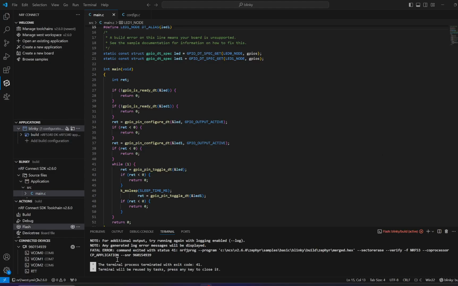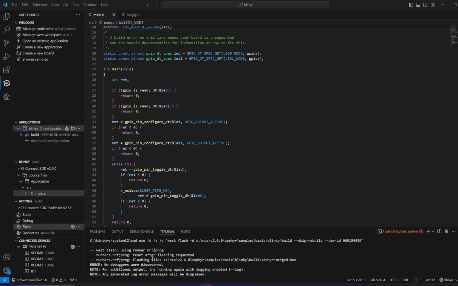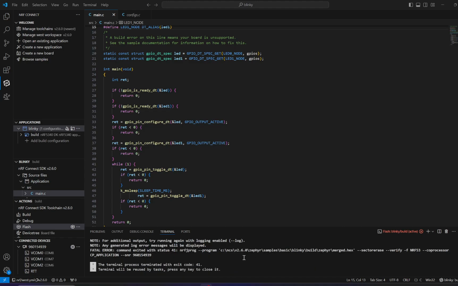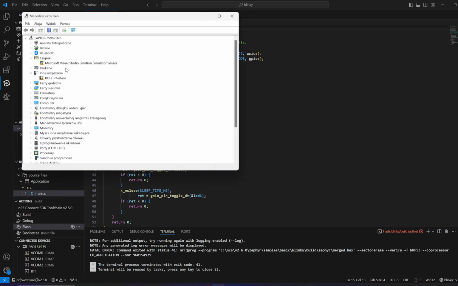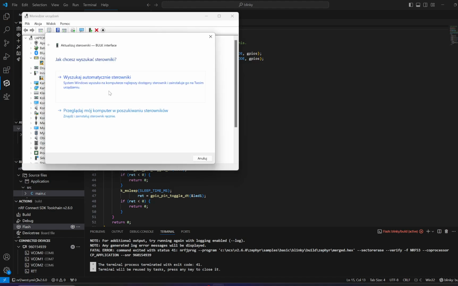So right now I cannot flash the board because the debugger is not being recognized, and this is a problem with the Windows 11 drivers. So if we go to the device manager, you can see that right here we got a bulk interface and